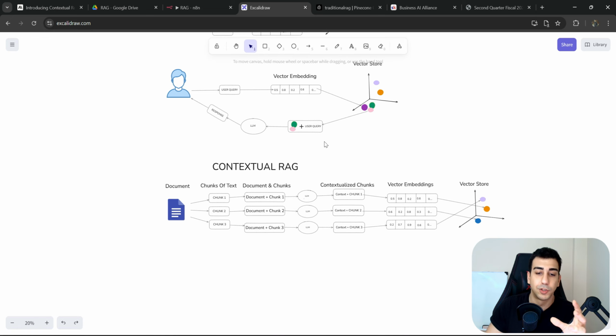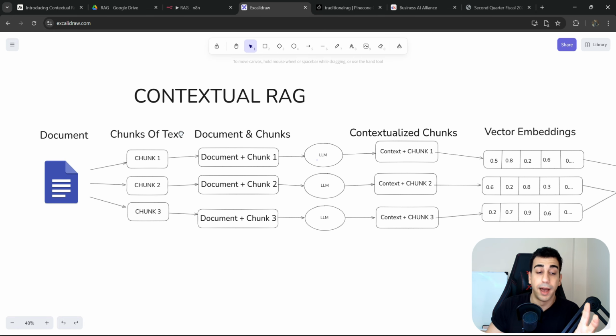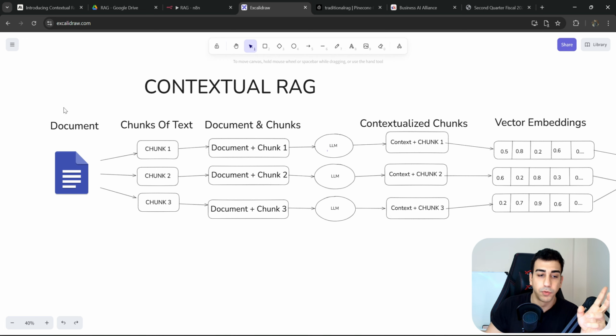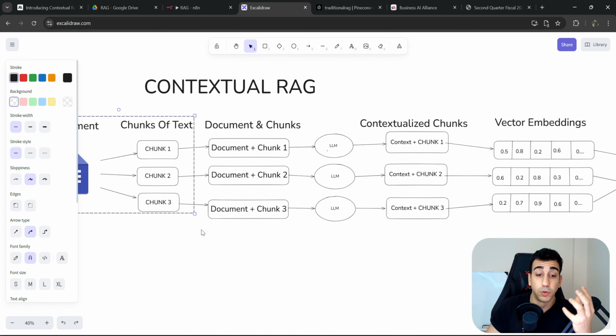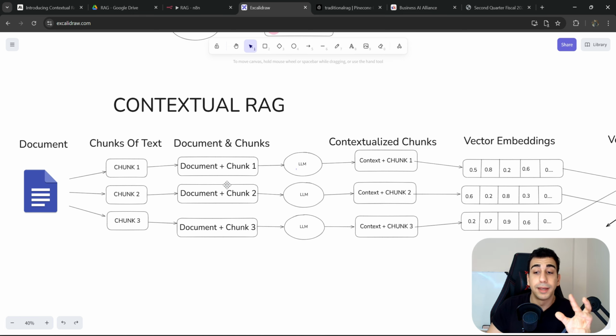Let's take a look at how contextual RAG works. It starts off the exact same way as we have in traditional RAG, right? So we have a document, we break down the document into chunks, okay, using again the chunking strategy of our choice. But this time, instead of converting it directly into its vector representation, what we do is we actually attach the chunk and the whole document and then pass it to the LLM for it to then add context to